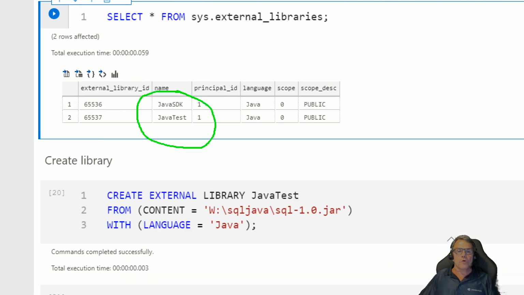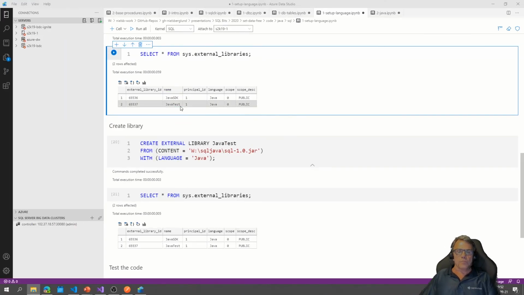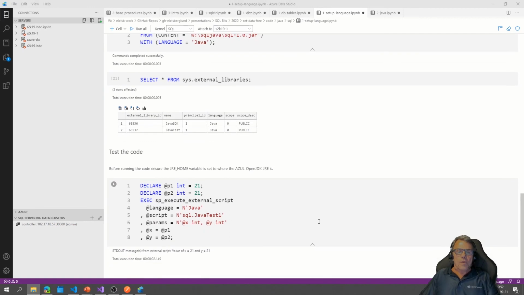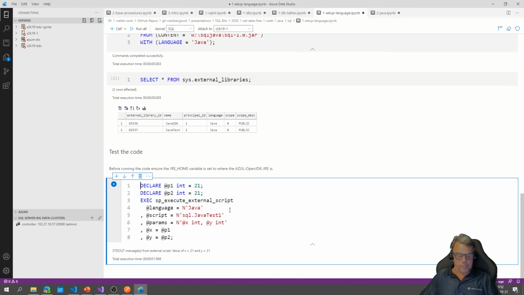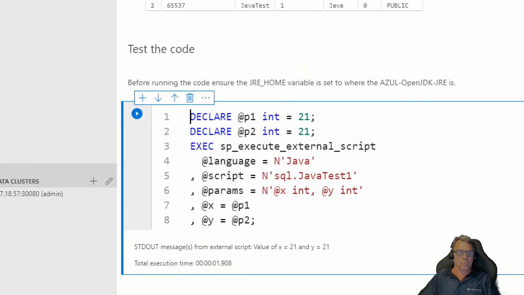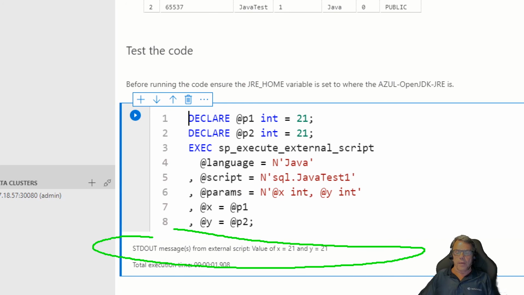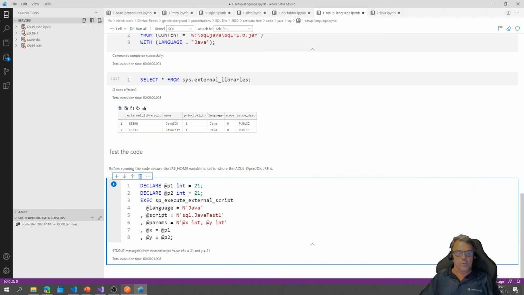And also a Java test language, the one that we saw on the slides. And if I now execute here, we will see that we will get back something from my Java class. So this works, cool. Now, what we want to do is we want to create something similar to what we